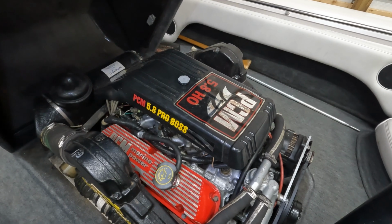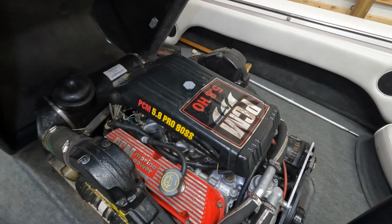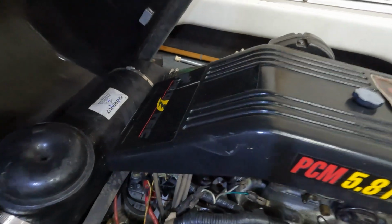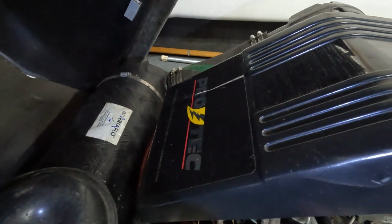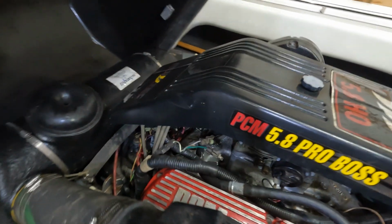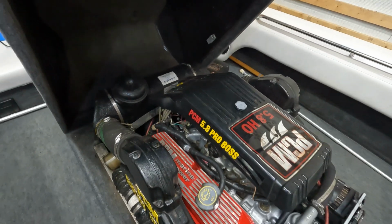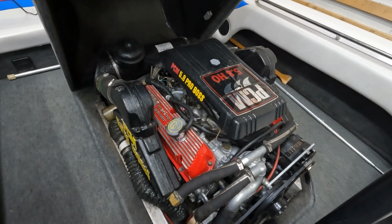Here is that PCM 5.8 liter high output ProBoss engine. It does have the ProTec ignition, which can be problematic. We've had it fixed a couple times. It's got the InvertiFlow exhaust system, but the 5.8 liter engine, just like we have in the Bronco, is one